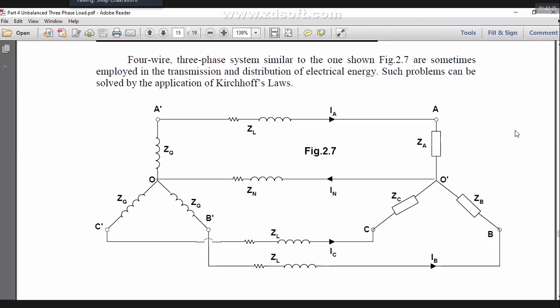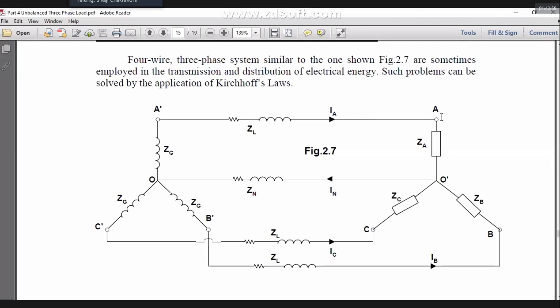So it can be a three-wire star or it can be a three-wire delta. Both I can solve in the same way. The only difference is that if it is three-wire star, straight away we add this impedance to the phase impedance. If it is three-wire delta, first we convert the delta to star and then we add the impedance with the equivalent phase. That's the only difference. And then you can solve it. So any circuit you can solve using this.